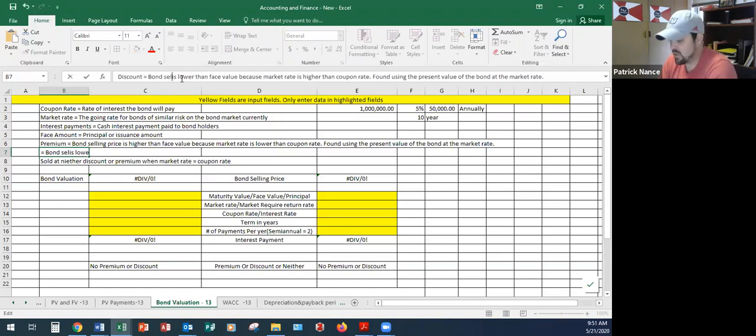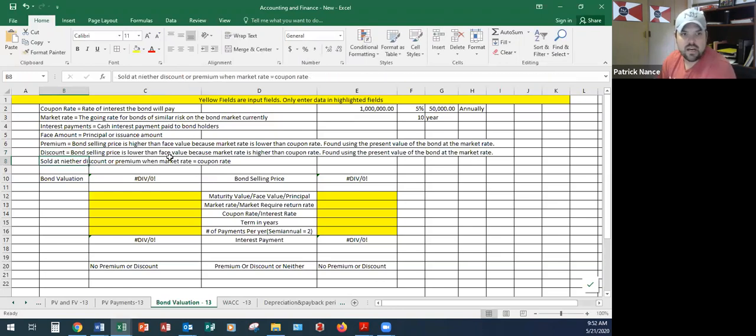It is the present value really, but I think it makes a little more sense to call it selling price, is lower than the face amount because the market rate is higher than the coupon rate. So same story, I'm selling these $1 million worth of bonds at an interest rate of 5%, but other bonds of similar risk, similar size companies, and all the risk factors being equivalent,